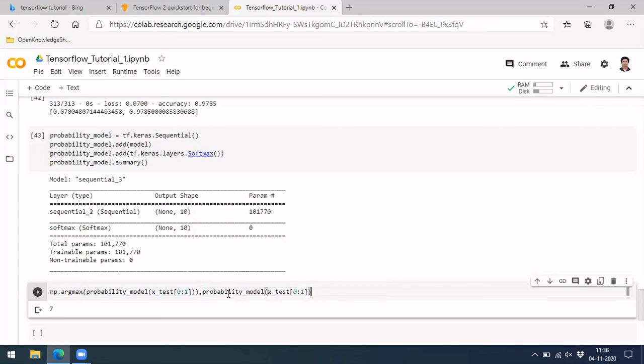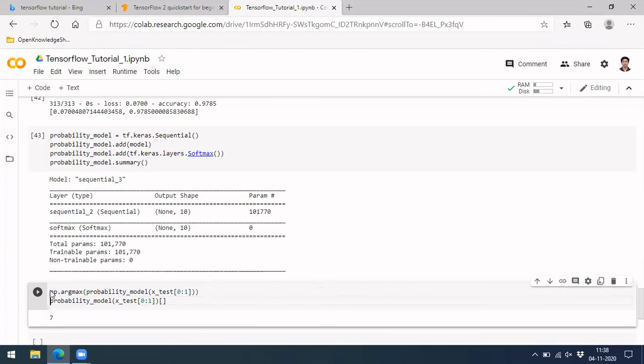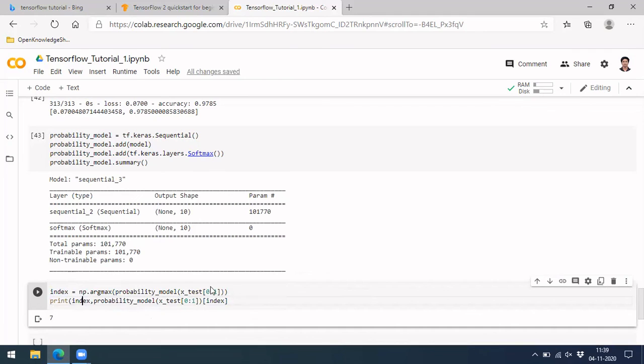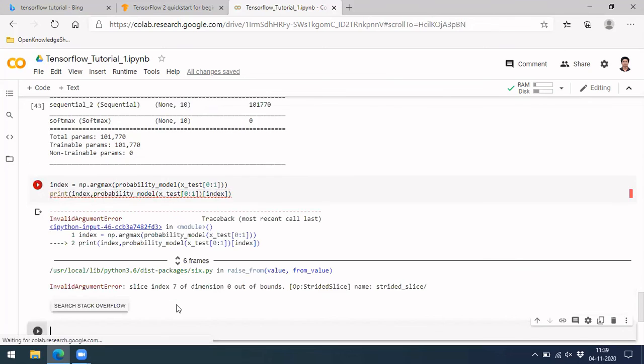This is kind of tricky, so instead of making it too complex, let me say index equal to, okay. And then I'm saying array here. So I'm printing both the probability as well as the index, which is actually a digit, and that will give you the probability. Okay, so let's see. Wow,